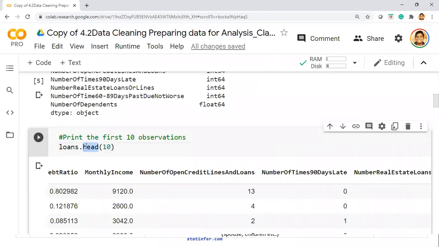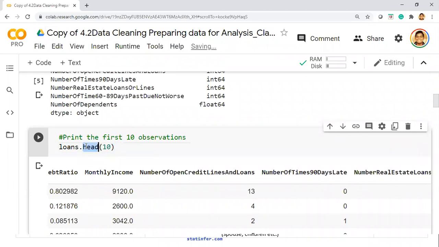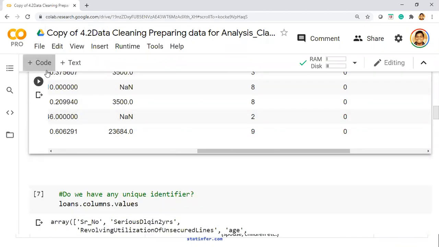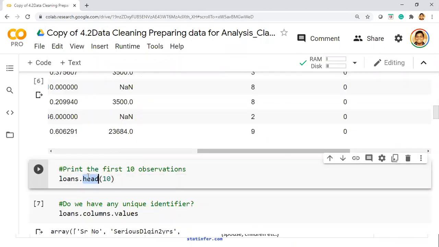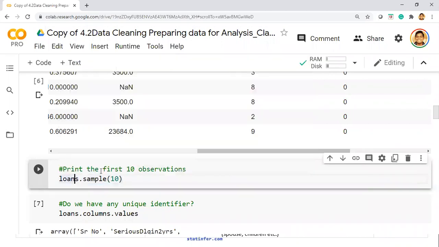Instead of head, maybe let me do a sample if required, or you can do a head also, or include both head as well as sample. The sample prints random 10 observations.